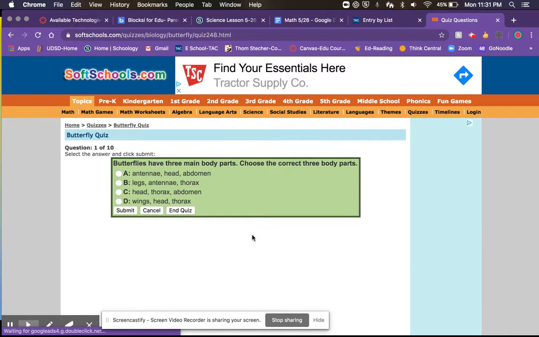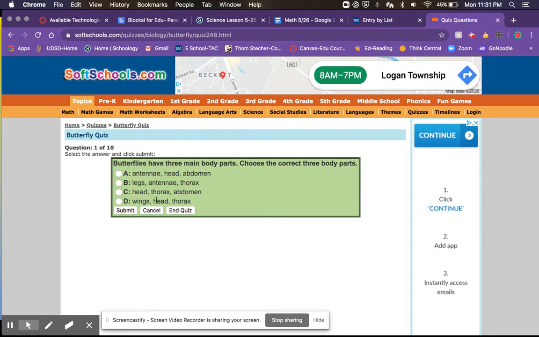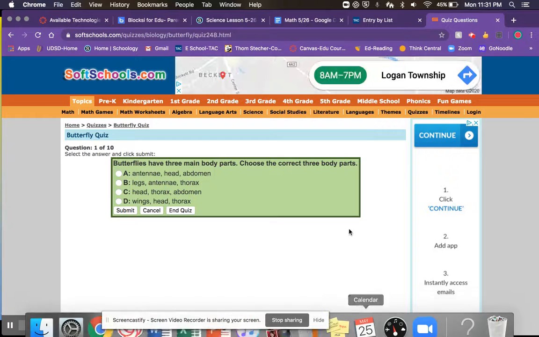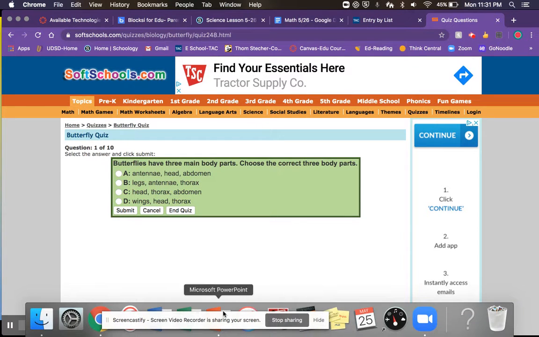There's 10 questions, okay? Butterflies have 3 main body parts. Oh, body parts. Choose the correct 3 body parts, okay? You'll submit. Do not hit end quiz until you have finished number 10, okay? Because if not, it'll end it, and then all the other ones are going to be marked wrong because you didn't get to them yet, okay? Then when we go back into our PowerPoint again,